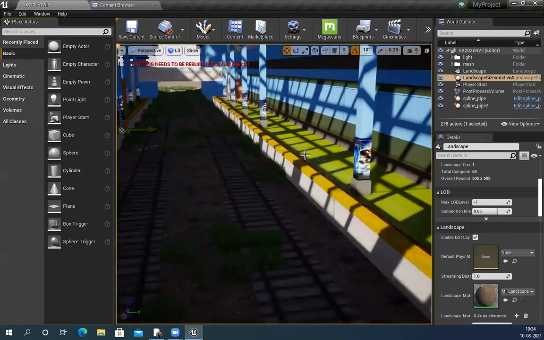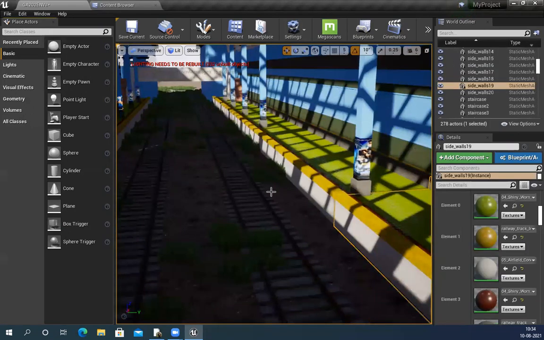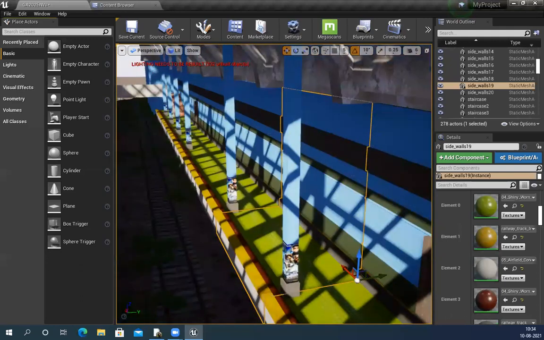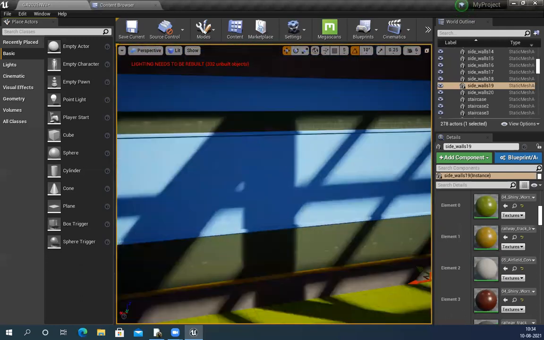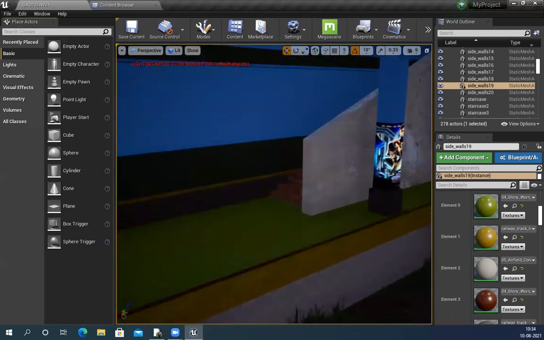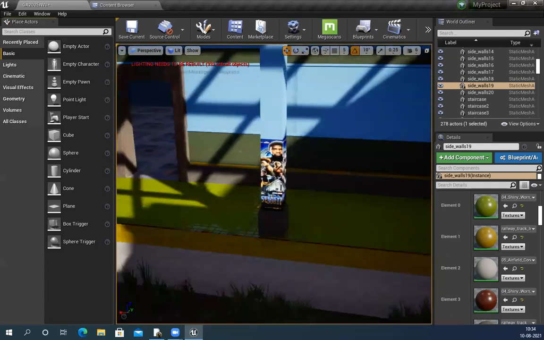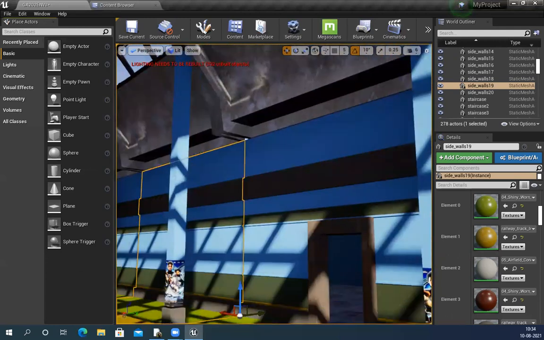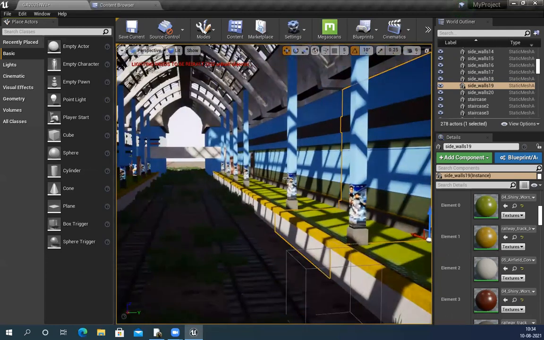And now I want to make this scene old, weathered, and all. So how do I do it? Let's start from one section only. Oh, before that, I need to have some amount of lights also. Because it's a station, they will have some light source.